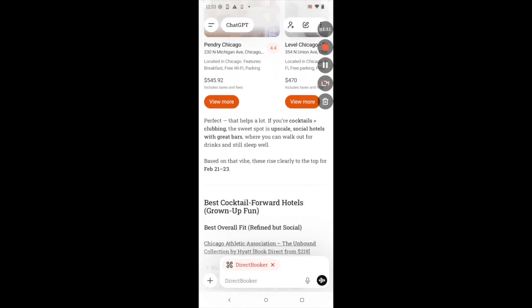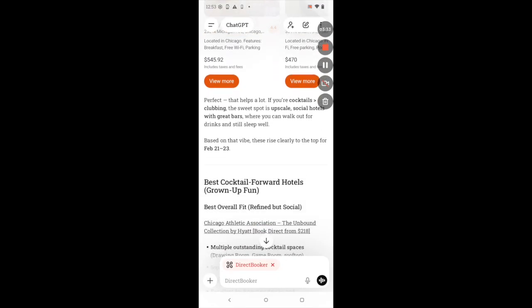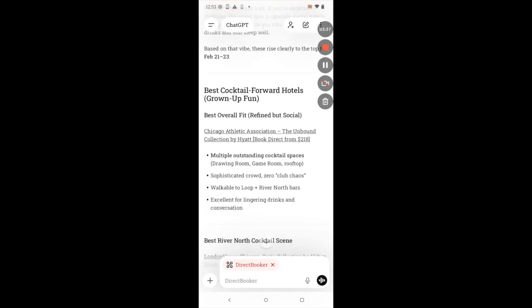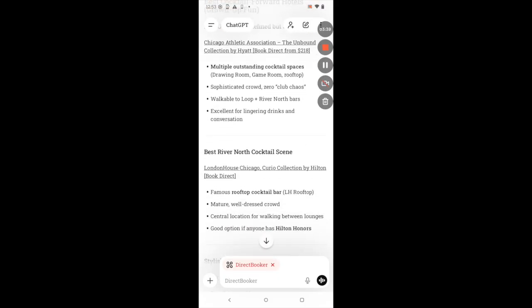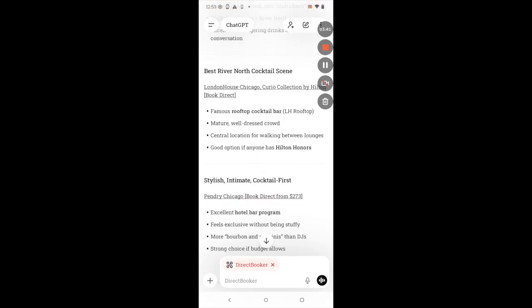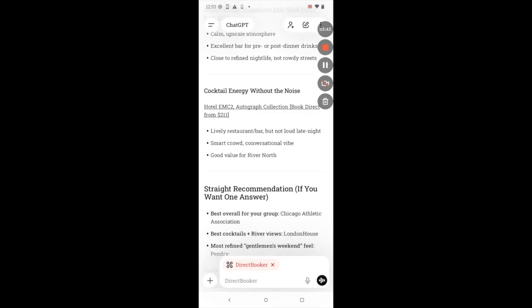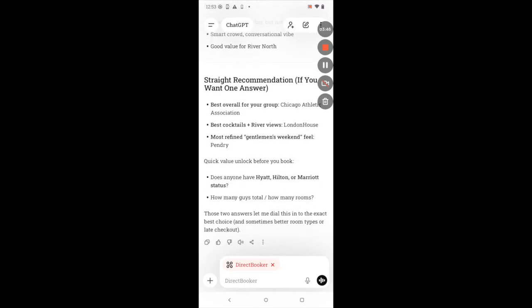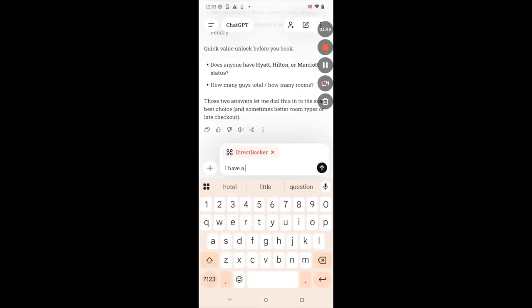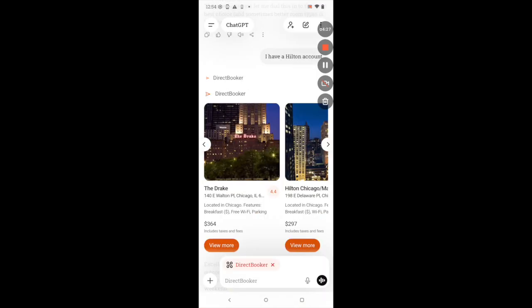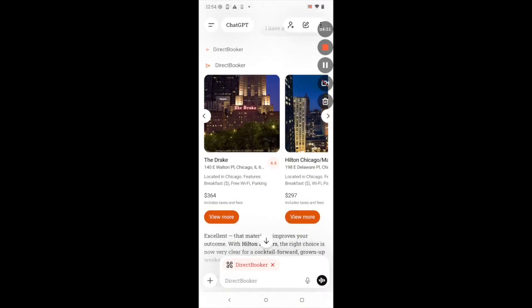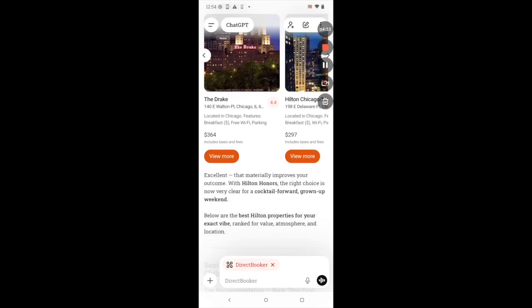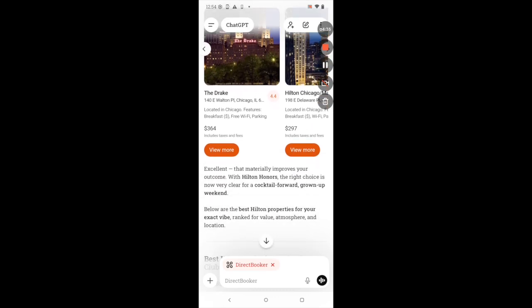Now what we see is that it's identified individual hotels that are perhaps better associated with what we're looking for. We can look through this list, look at the recommendations. Again, all of these bookings are directly with the hotel. And finally, let's do one more thing, which is to say, I have a Hilton account. Excellent. Now I have a list of hotels that are specific to being Hiltons and are cocktail forward and are